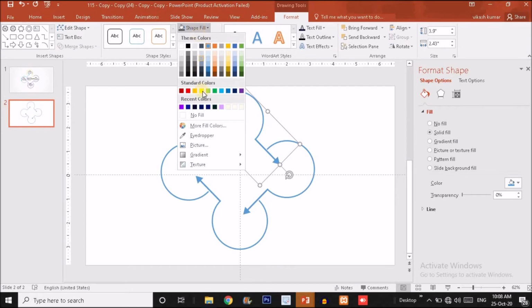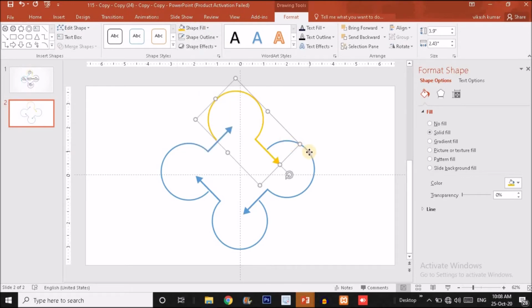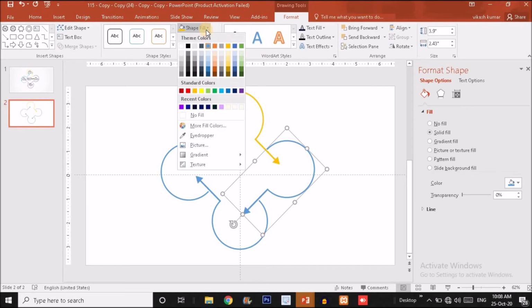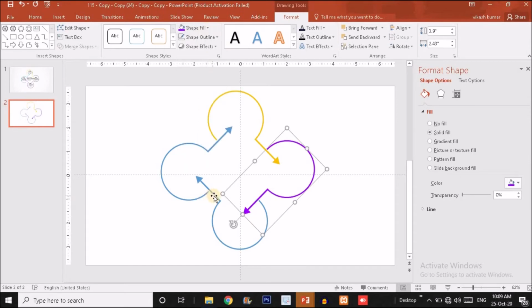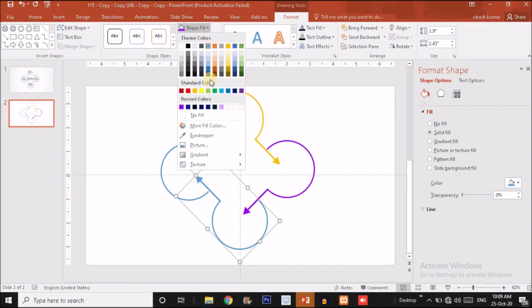Here you will find shape fill option. Choose orange shape over here. Now for this I'm going to choose the random color for each shape group. So for this shape I'm going to use this particular color. Now for this shape I'm going to use